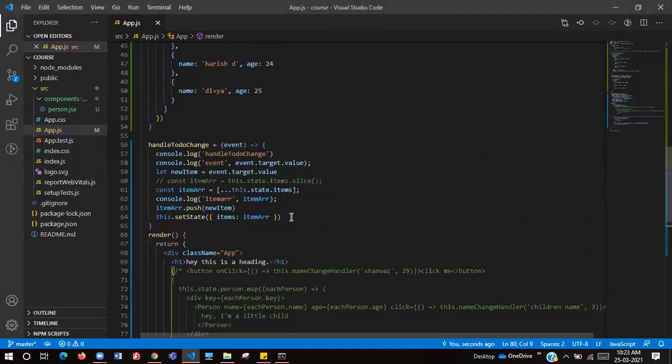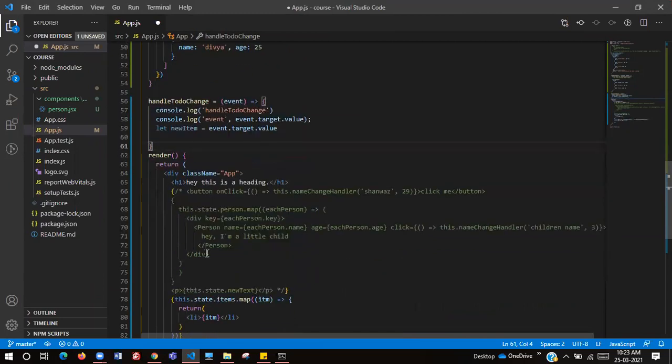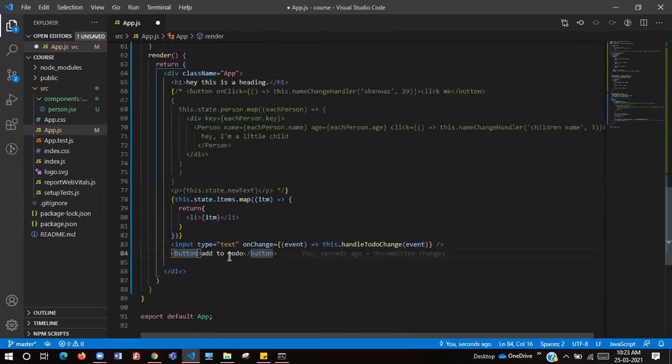So this whole thing should be gone from here. And now, before we do that, let's just take an onClick handler, and here onClick, right? This is add to do. It is plus.